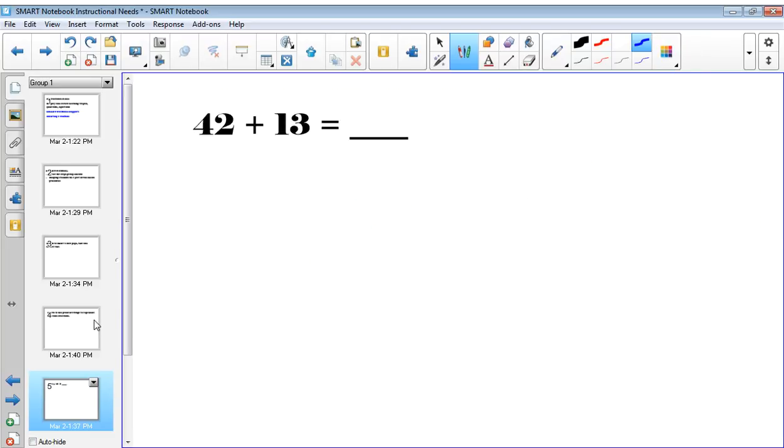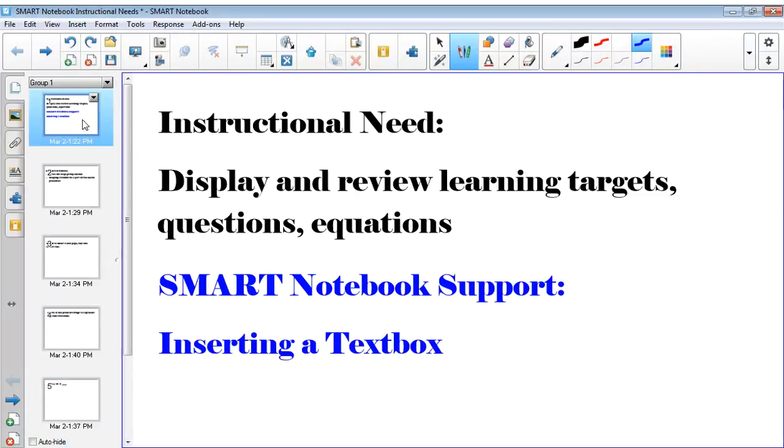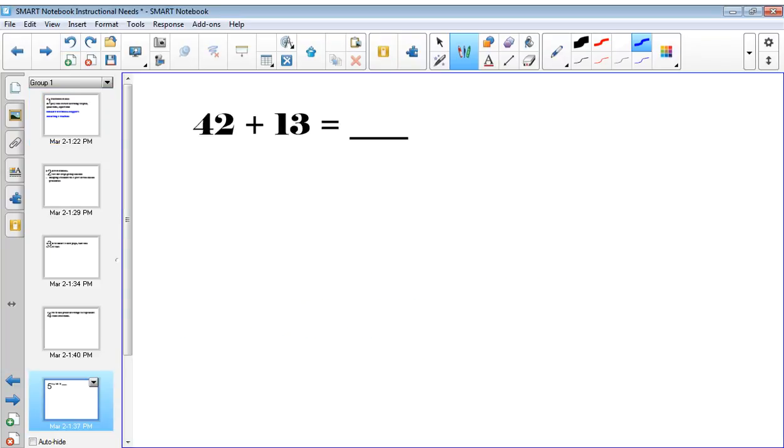is I could have questions already prepped. This is one of my favorite strategies. So again, what we're learning to do today is how to have those learning targets displayed, those questions and equations displayed. All right. So looking down again to page 4, I can not only have that equation already prepared and organized, but if I go to insert another text box, and I make sure that that text box is left justified in this instance,